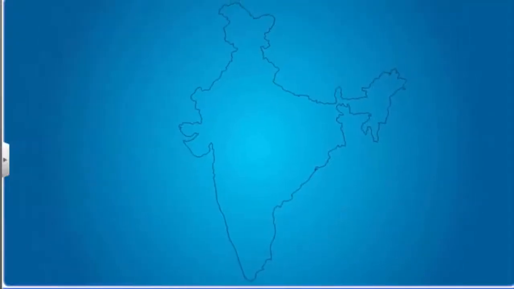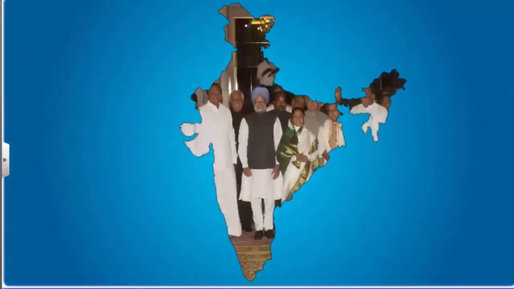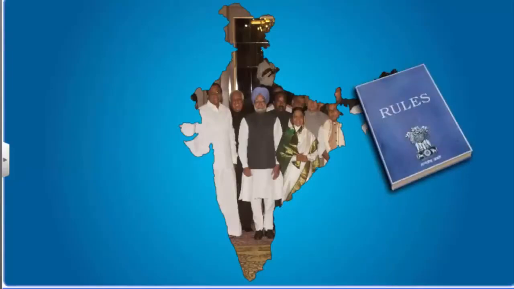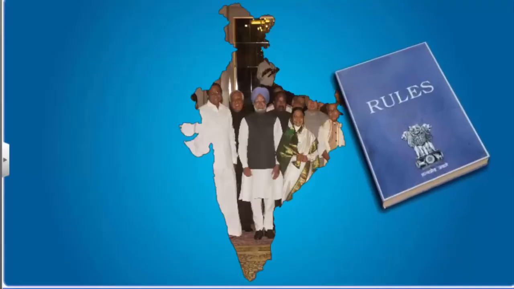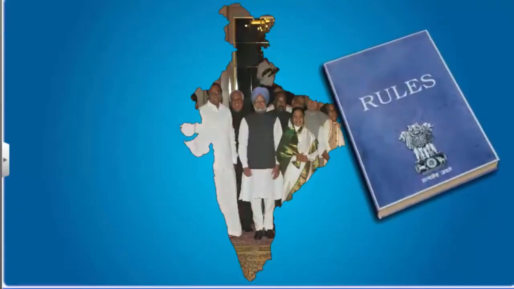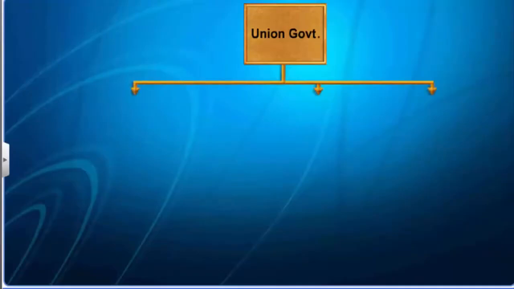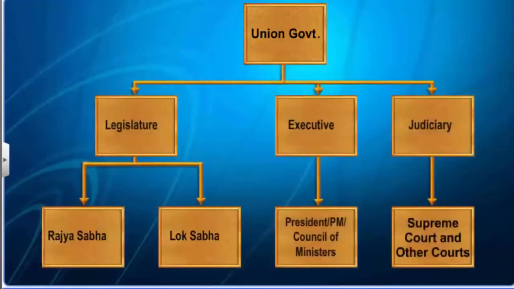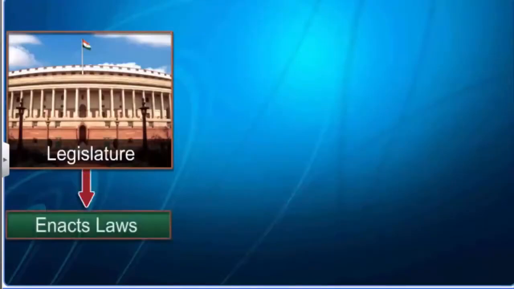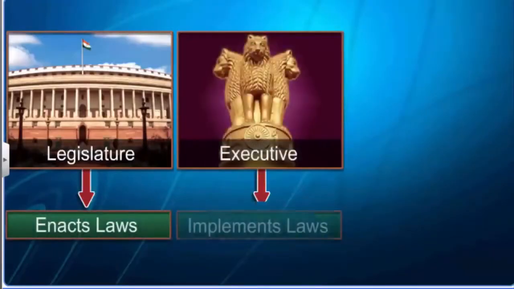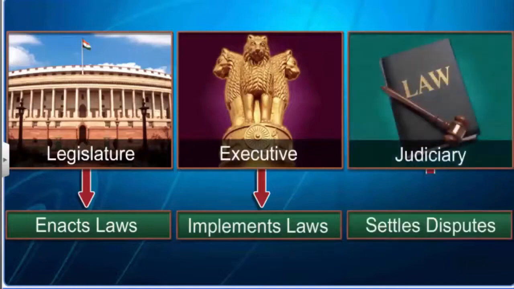In a democratic government, the elected representatives are the rulers. However, even the rulers need to follow certain rules and guidelines. It is necessary to divide the decision-making power of the government into three separate branches: the legislature, the executive, and the judiciary. In short, the legislature makes the laws, the executive implements them, and the judiciary resolves disputes that arise